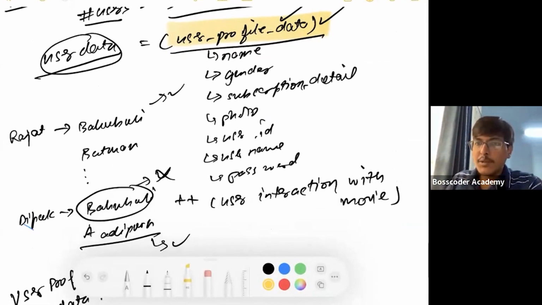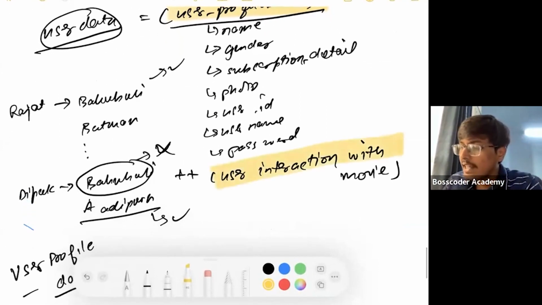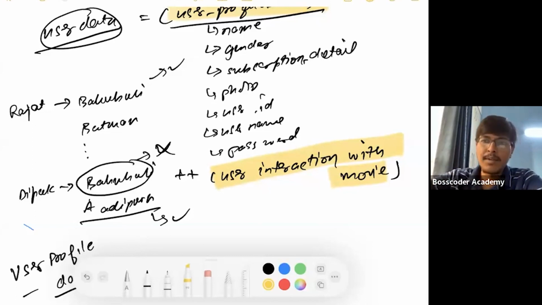The second thing that I am storing for a user is the user interaction with the movie. For example, if I watched Bahubali, I might like it and completely watch it. Deepak might have left Bahubali in between, at 5 minutes. So there is a point that Deepak does not like Bahubali a lot, and he left it in between. That is going to feed the recommendation system on what next movie to suggest to Deepak, right? Does it make sense?